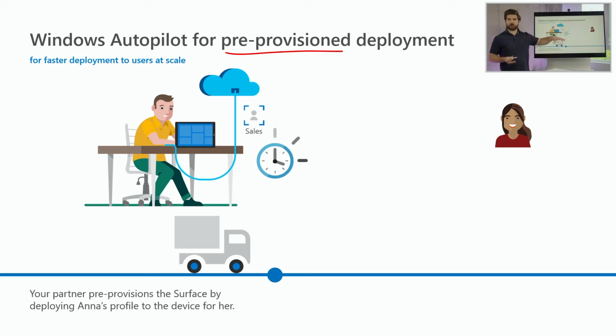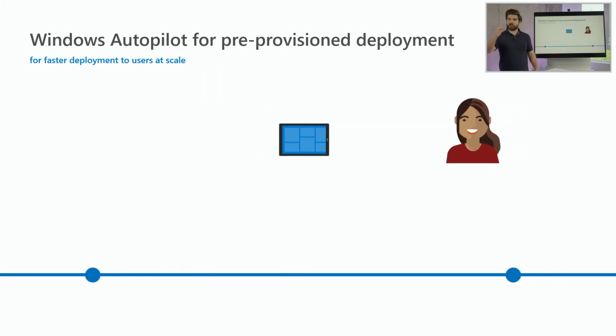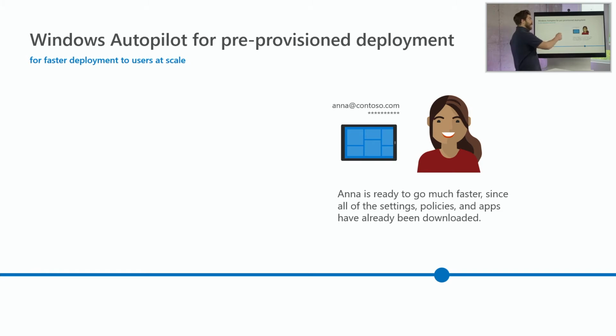It's very similar to our zero-touch deployment, but this time, somebody from IT or somebody from your partners at Converge will intercept the device on its way to its end user. They will intercept the device and they will begin the deployment process for them. They'll open it up, they'll quickly begin the deployment process, and then they can reseal the device and ship it off to the end user, who in this case again is Anna, but this time she is a VIP within Kintoso's organization.